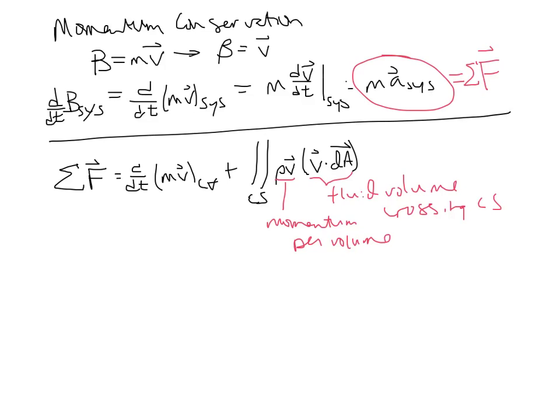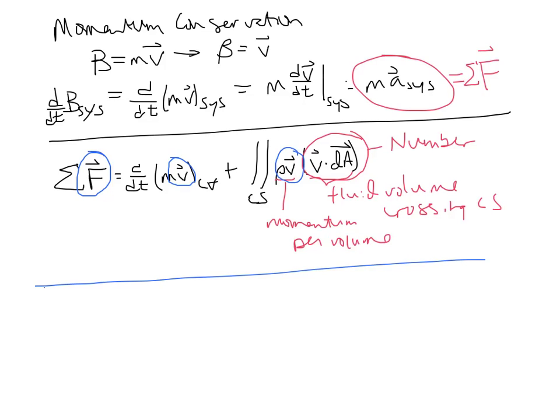Now, I want to point out the vector nature of this equation. First of all, note that the v dot dA is a scalar quantity. This is just a number, not a vector quantity. So the vector quantities are the force, the velocity that appears in the momentum here, and the momentum being carried across the control volume. So we can go to a component by component description, and I'll just write down the